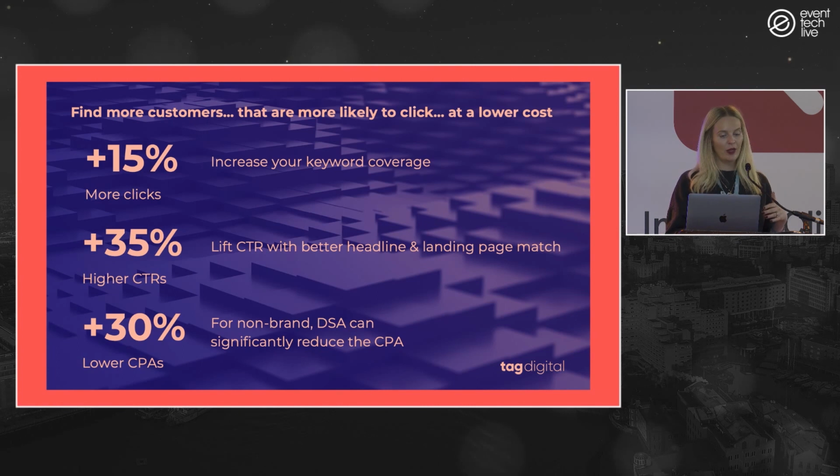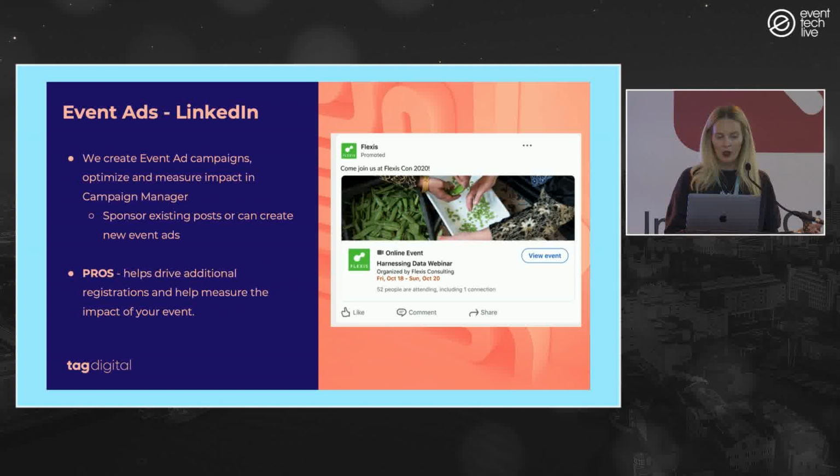And the results of that have been 15% uplift in traffic, 35% uplift in CTR, but the main thing is a 30% reduction in our cost per acquisition, which is the main thing that clients want to see. So really exciting. We're feeding the data into the machines and letting the machines take over. And it's working. All of this data, we just can't process it anymore, but the machine learning is extremely powerful.